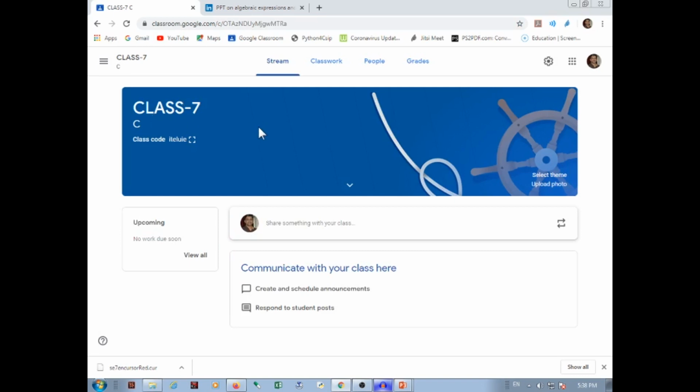Now we want to invite the students to attend the class. At a particular time you want to send them a message to attend the class. For that, this class code is very important. You can see here at the cursor this class code is given. If you click on this box, a display message is given.